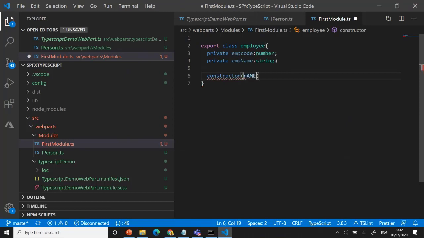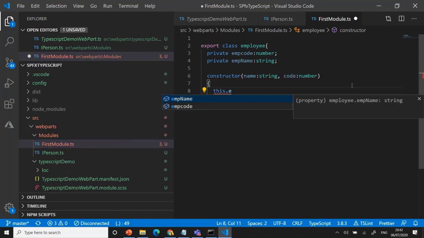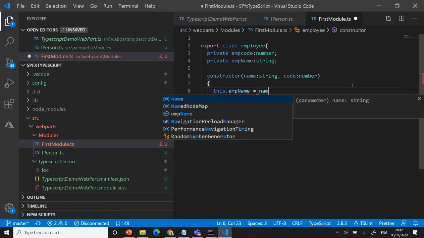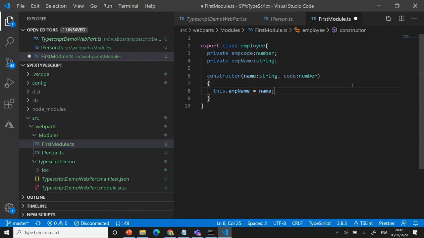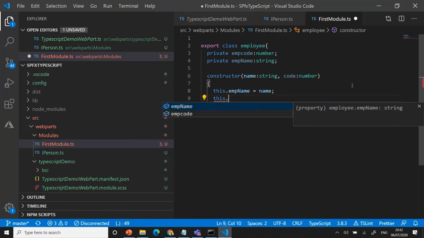Same as whatever we do in our object oriented language. Okay, the name string, comma, code number. We can pass some value from the user, then we can get it here. These dot, we are assigning the value to our already declared variable. Understood, right? We can do the same concept. That's what I'm trying to say. We can create our interfaces, our classes, constructors, public variables, public methods, private methods, protected methods, like that. Every option is available.